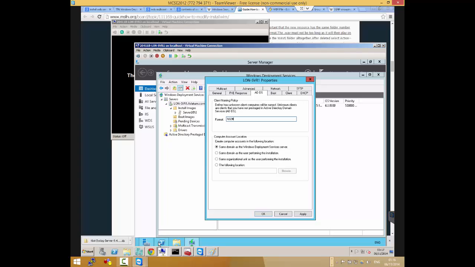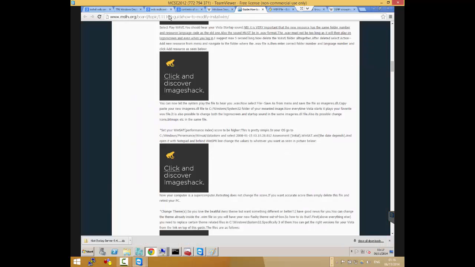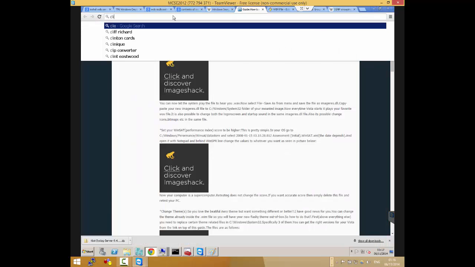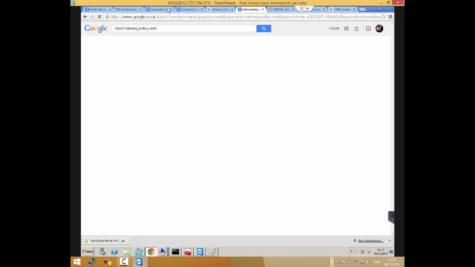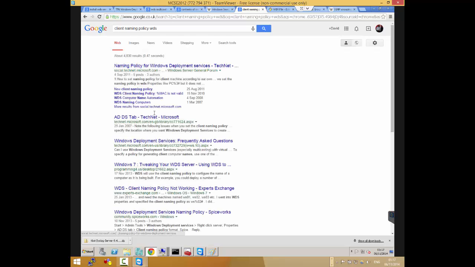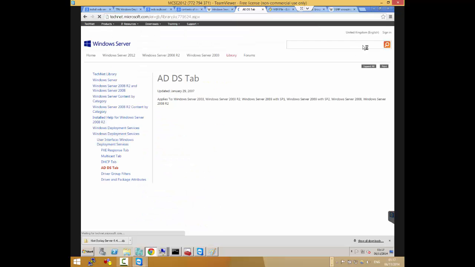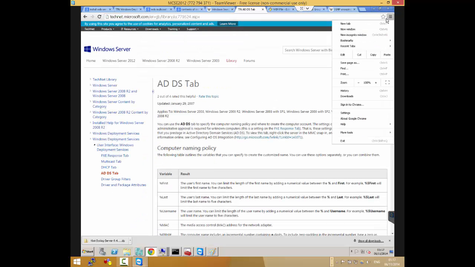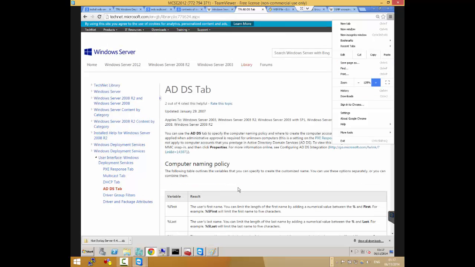So actually, if you go on there and go to client naming policy WDS, here we go, the ADDS tab. And then you can see the thing we were talking about.